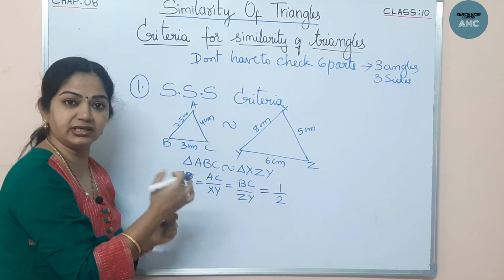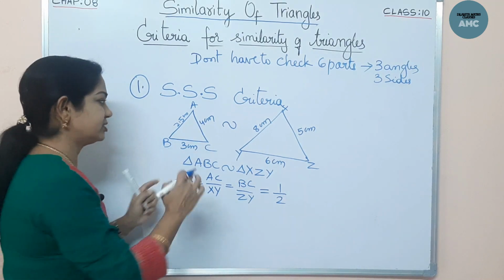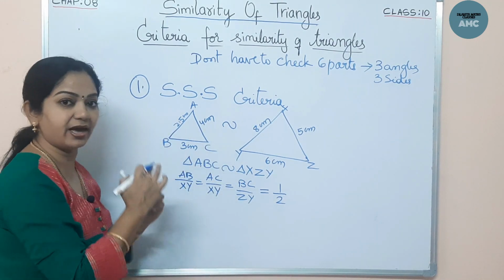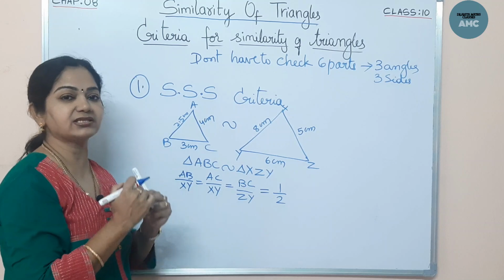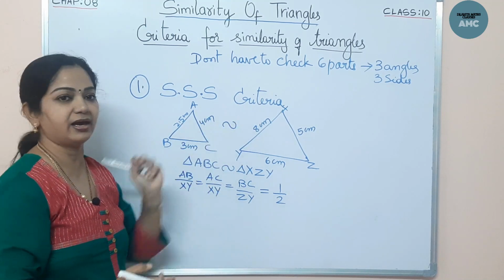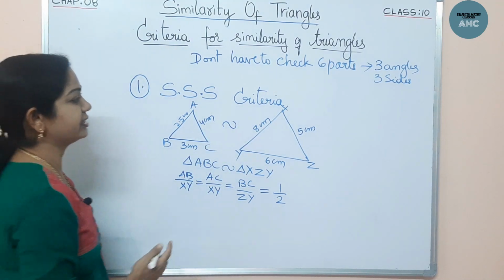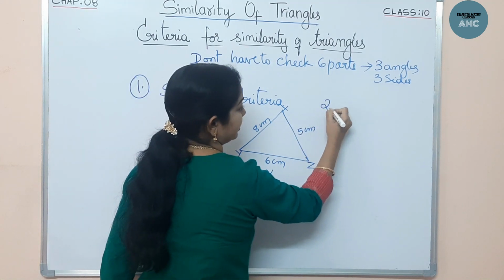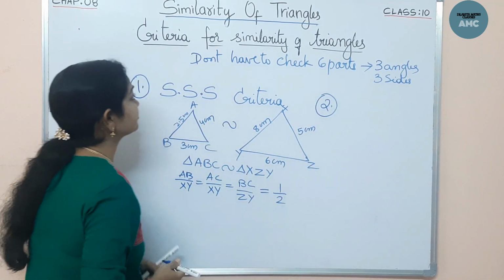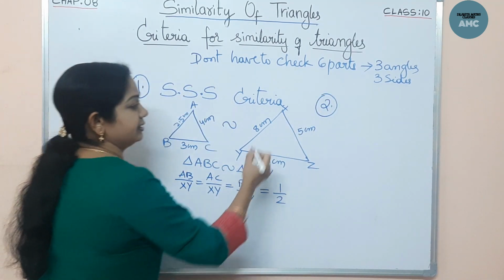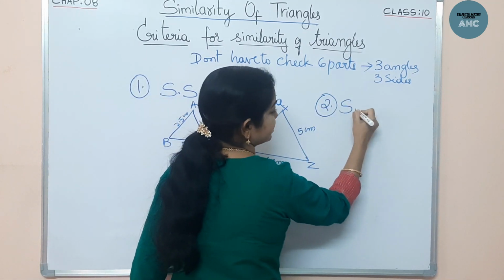Here I am not seeing any angles. I am just checking all three sides. If they are in proportion, having the same ratio, then they are similar. Likewise, we have the second criteria, that is SSS. The second one is